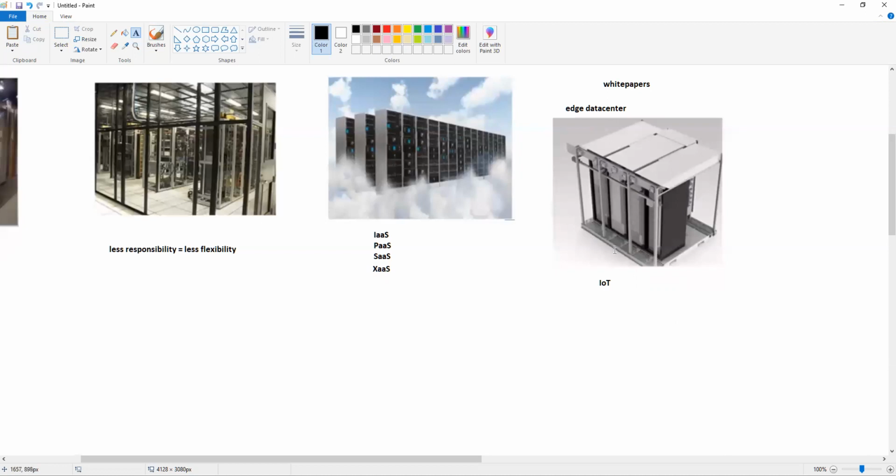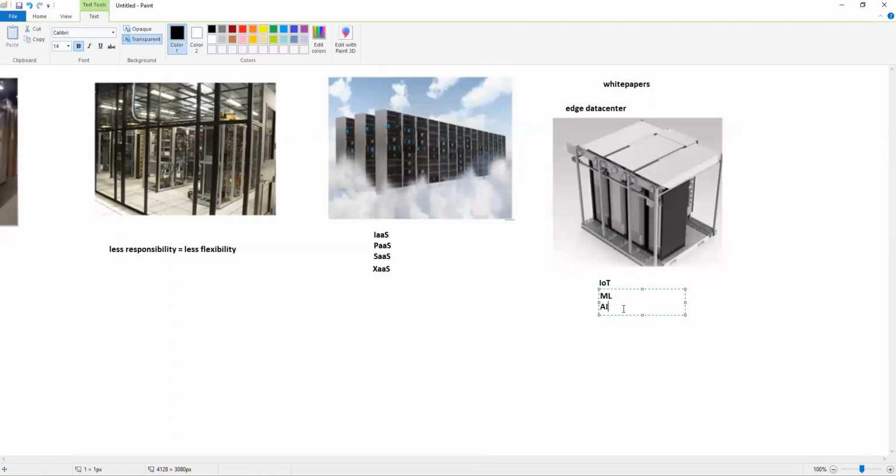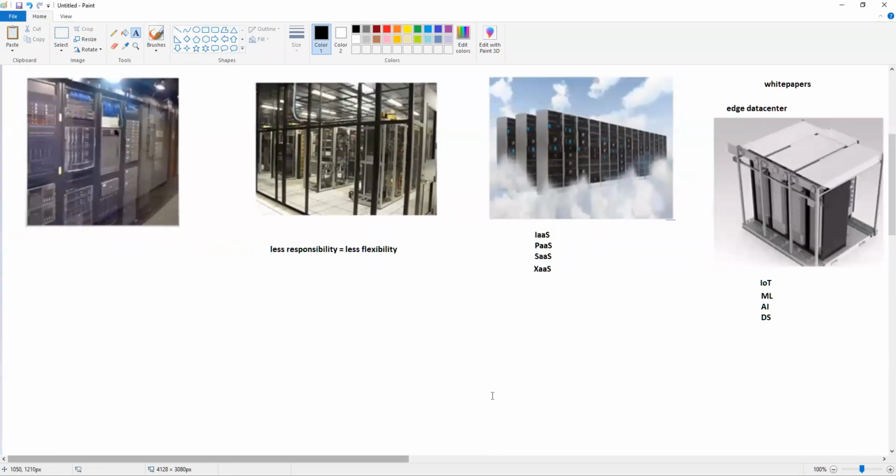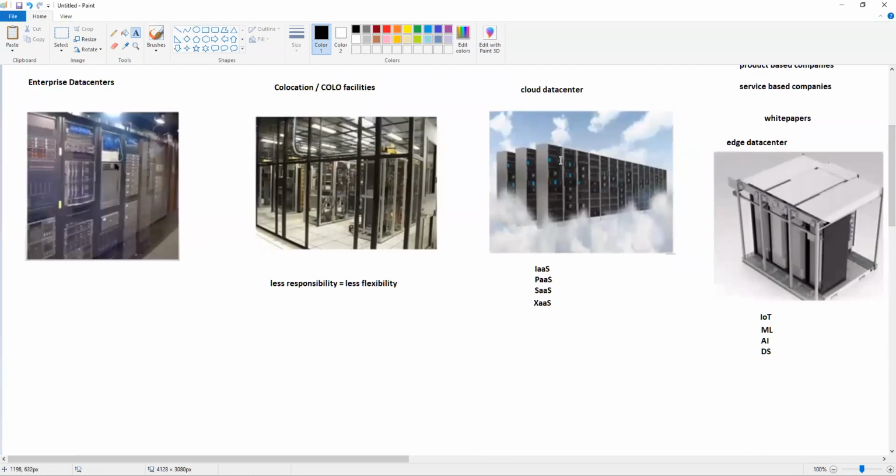So all the things that we are hearing about for IoT devices, edge data centers are for the IoT devices. It's kept very near to the consumers or the users who are actually using it. So you have IoT devices, you have the edge data centers, which are useful for IoT devices, ML, AI, data science, all those sort of things. So that is going on in the market nowadays. Our focus, at least for the rest of the lab, is going to be on the cloud data centers, and cloud data center is on the rise as well.